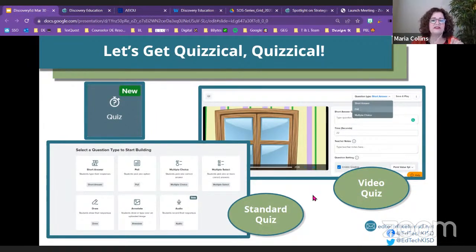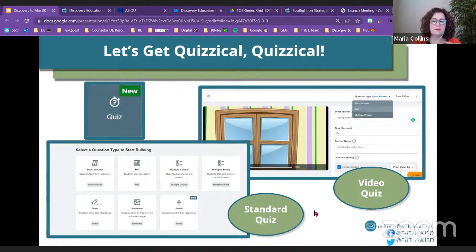The other thing that Discovery Ed Experience, I should say, has come out with is a standard quiz. And these are very similar to the quiz questions that you would see in Nearpod. So they have short answers, poll, multiple choice, multiple select, draw, annotate, and even audio.